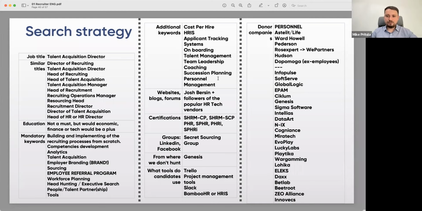Search strategy helps you to put something in a search string, in a search field, on LinkedIn, on a job board, everywhere. It helps you to find your ideal candidates, because if you want to find someone, let's say on LinkedIn, you will see thousands of profiles. If you don't know how to filter those, you will spend a lot of time considering each profile, and also